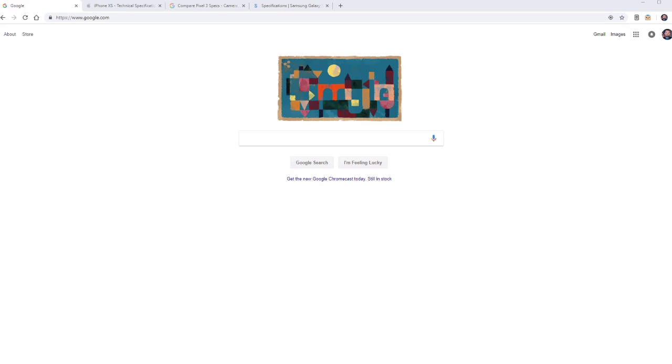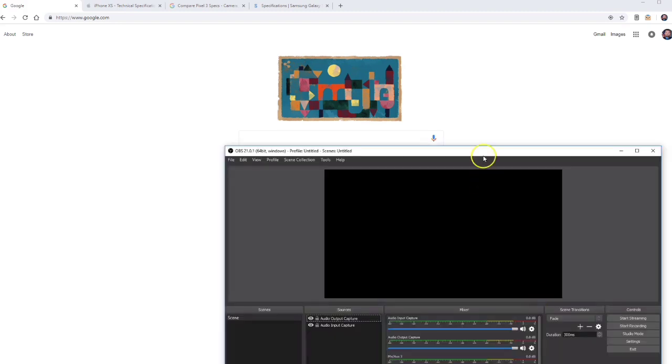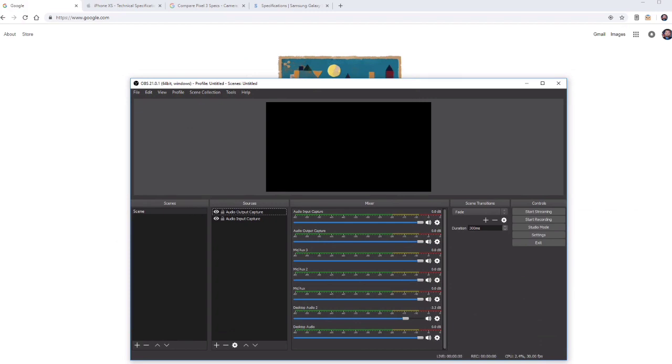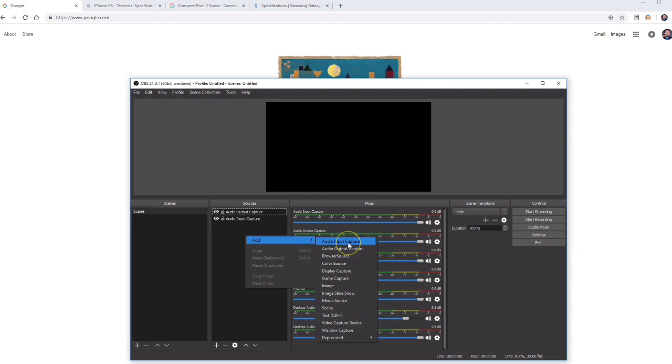Now you can use various types of screen recording software. Probably the coolest one out there is, well, I shouldn't say that. There's many very, very cool ones. But one of the popular ones is OBS because of all the settings that you can adjust. Okay, and OBS, basically you would come into your recording center here, you would come over to Source, and audio is usually set up automatically, but you want to right click, add a new source, and that source should be